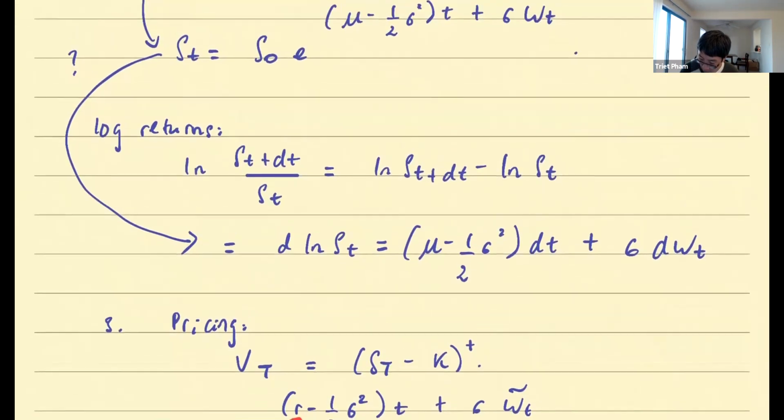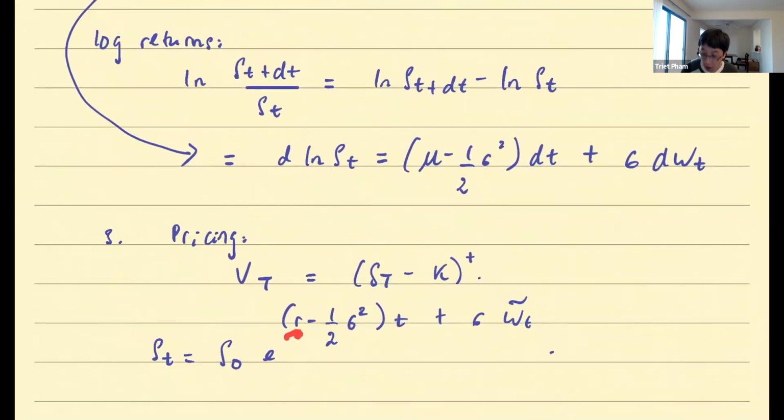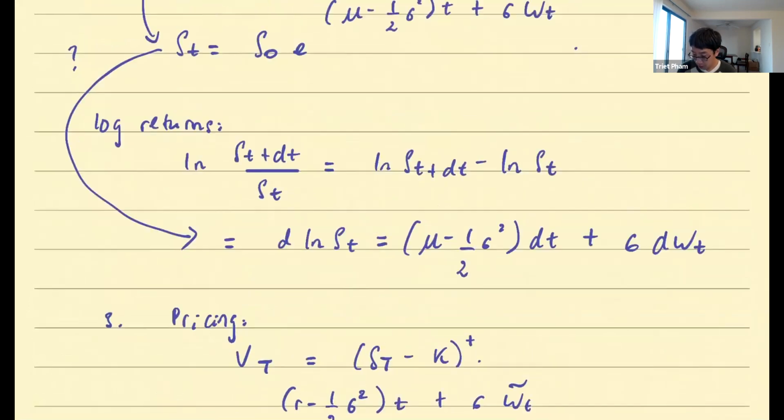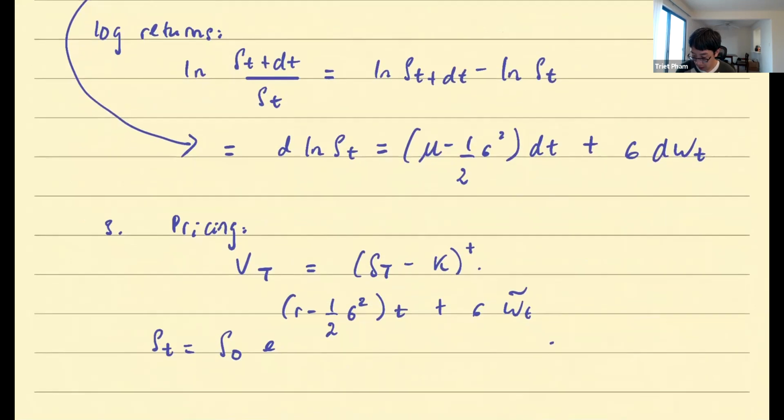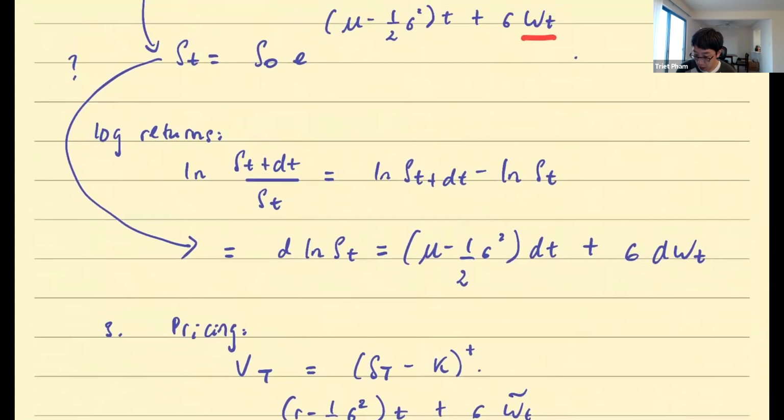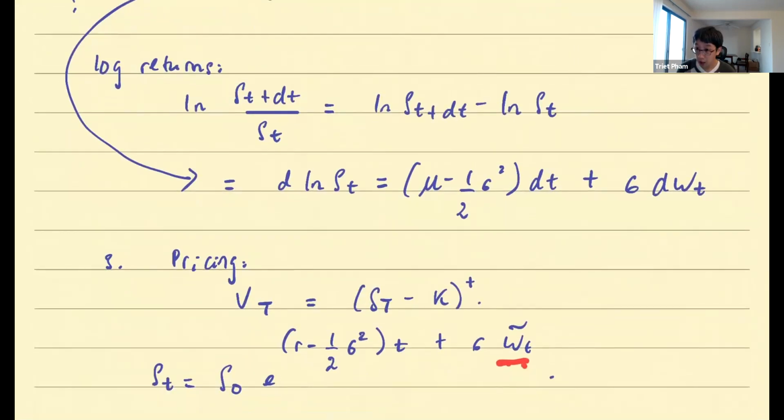Okay, so here is mu, here's r. But beware, all right? If you were to do expectation, that's probably all you care about. But in terms of meaning, it has a deeper meaning because the two prime motions are not the same. It's this W_t and this W tilde_t, all right?